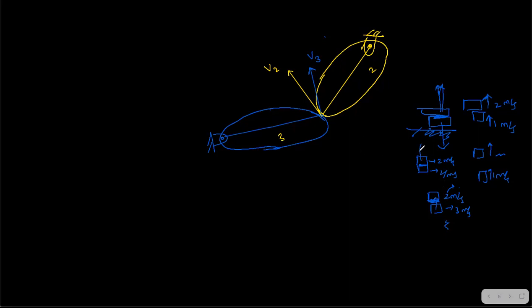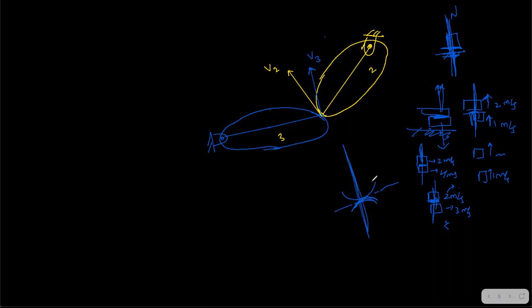See, this is called the common normal. You drew the normal in this way only, right? When we were studying friction and all, this is a normal force. So at the point of contact, if the two surfaces are horizontal, this will be the common normal. But if two surfaces are curved, what will happen is, first you draw a tangent to it, then draw a perpendicular to the tangent. This is called the common normal.